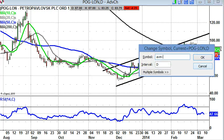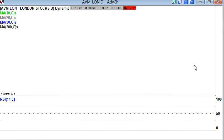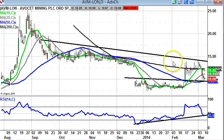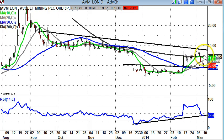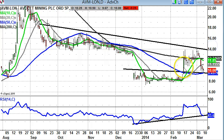To finish off, I've got a situation which looks perhaps even more painful than the one at Petropavlovsk, and that's at Avocet Mining. Here we've also had a bull trap through the 200-day moving average. That's currently around the 12 pence mark. Three failures at 14 pence. Really the shares should have broken up through that 14 pence level to start this month, but we've had the